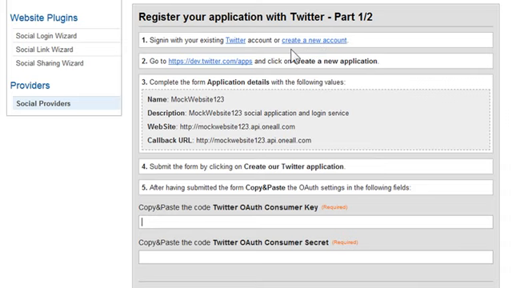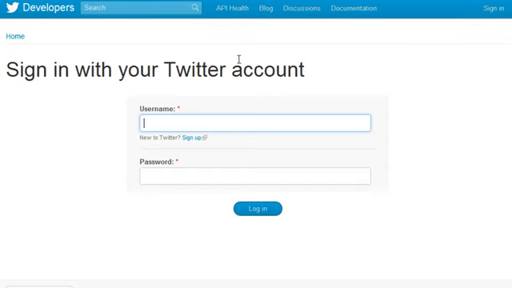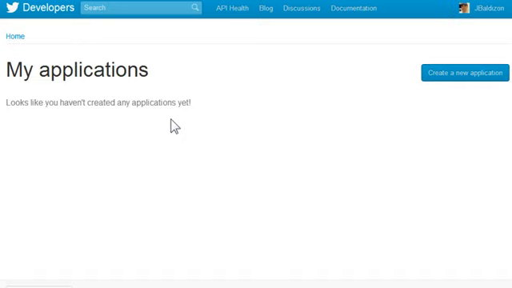If you already have a Twitter account, click on the Twitter developer link in step 2, and that'll take you to the Twitter developer page. You don't need to have a special Twitter developer username. Simply sign in with your regular Twitter username. I'm going to sign in with my Twitter name. On the next page, click on the Create a New Application button,